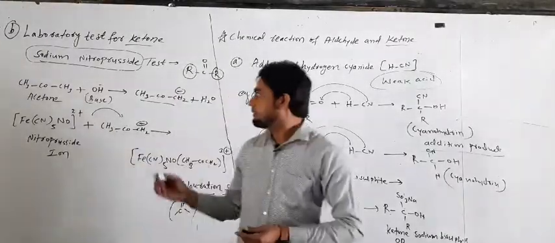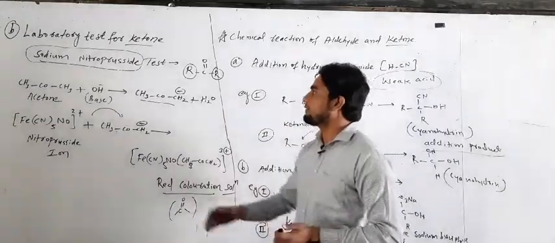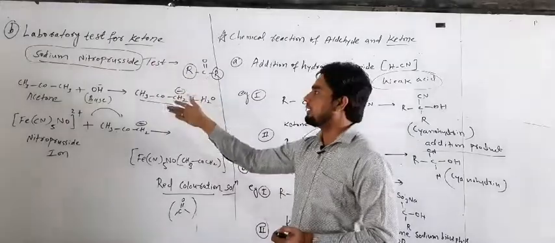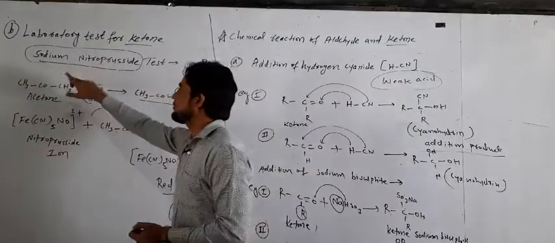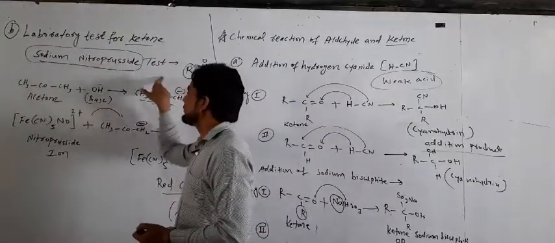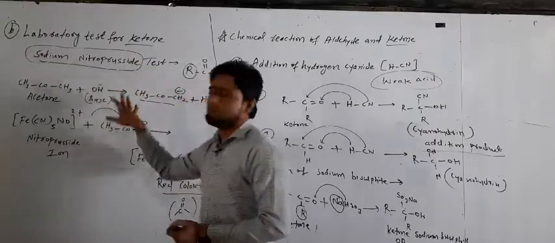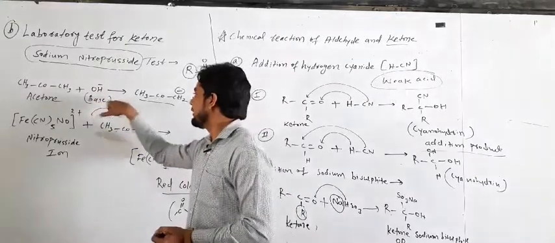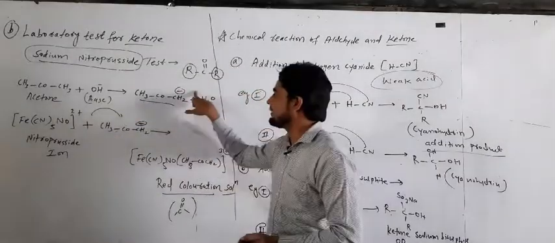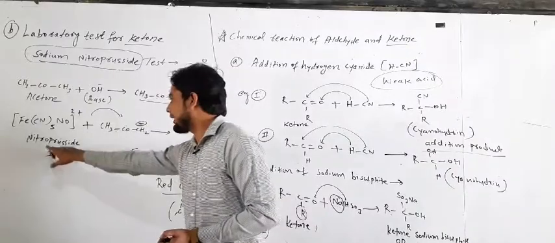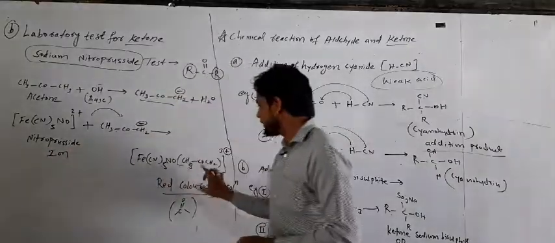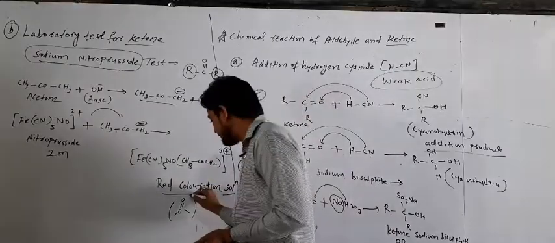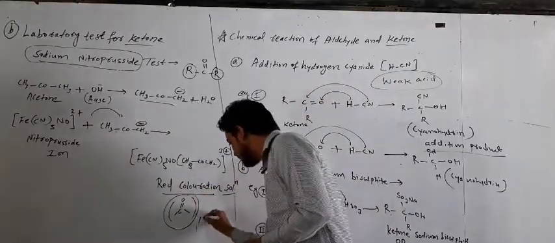Okay. So in this topic we take the first reaction, the laboratory test for the ketones. How to identify ketones? Ketones are identified with the help of a chemical called sodium nitroprusside. It is called the sodium nitroprusside test. How does the reaction take place? When acetone reacts with the base, it forms the acetonic ions. When these acetonic ions react with the nitroprusside ions, it forms a red colour solution. This solution indicates that the compound contains a CO group. CO group is called the ketone.